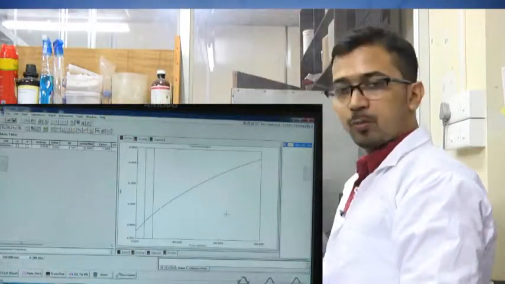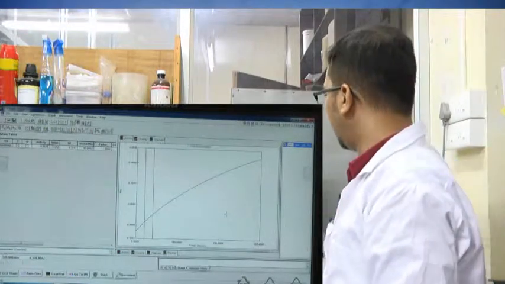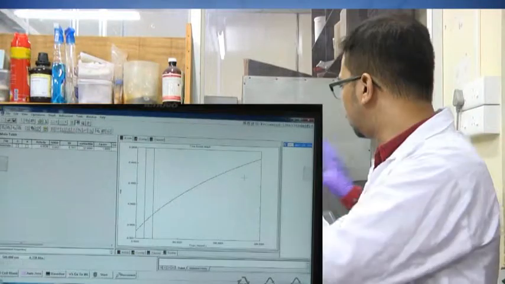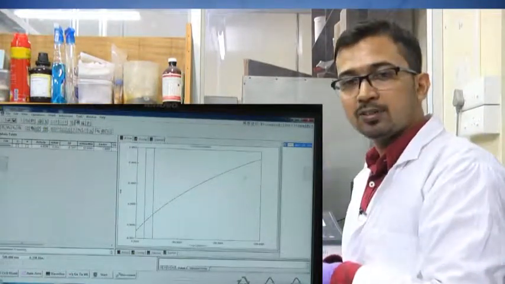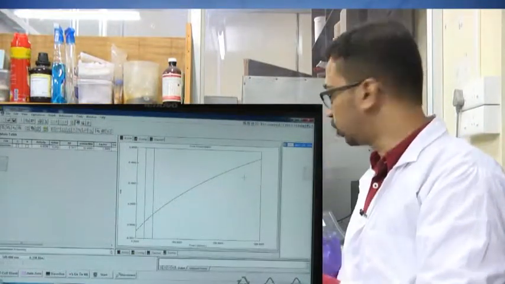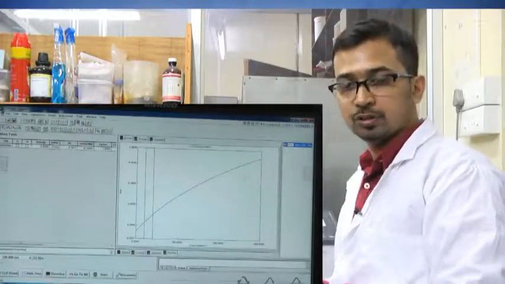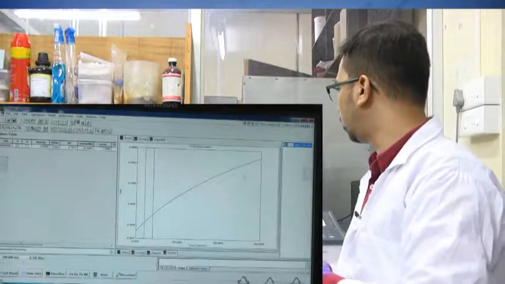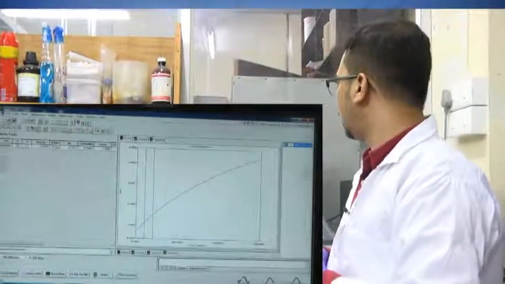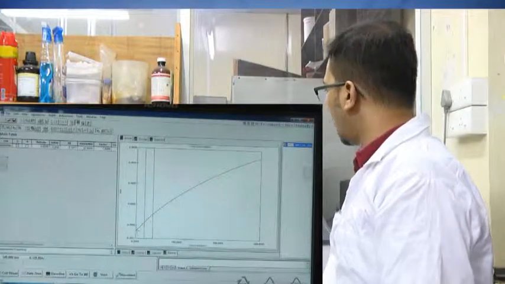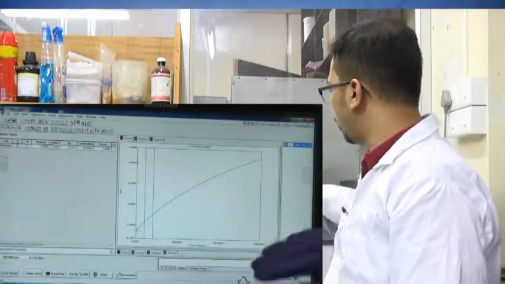One important feature from this curve, as we can see, is that this is somewhat parabolic, and it is not similar to the curve in case of the Michaelis-Menten equation, although both are not the same, because in that case it was velocity versus substrate concentration. Here it is absorbance versus time. Still it appears similar.